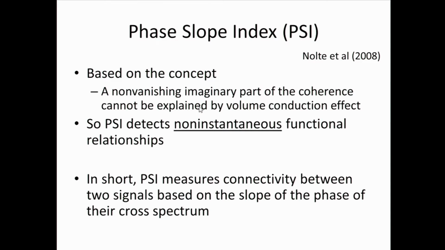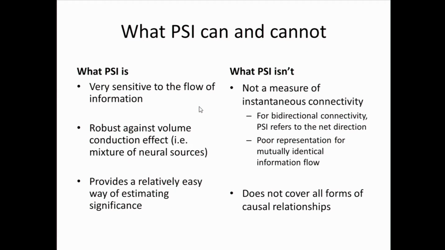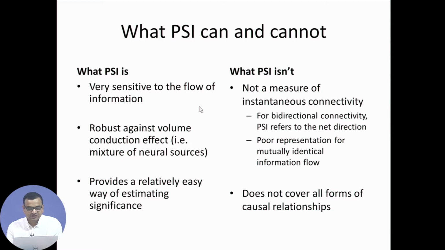Then we briefly mentioned another recently developed index called the phase slope index, which is based on the imaginary part of the coherence to get rid of the volume conduction effect. It was mentioned that this is a good measure, but it is primarily sensitive to non-instantaneous connectivity. That's why this measure should be complemented with other measures which are more sensitive to instantaneous or zero-lag